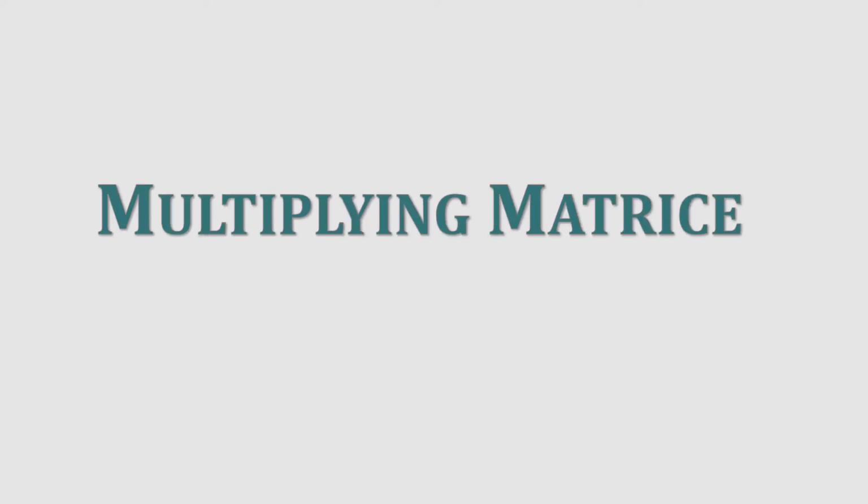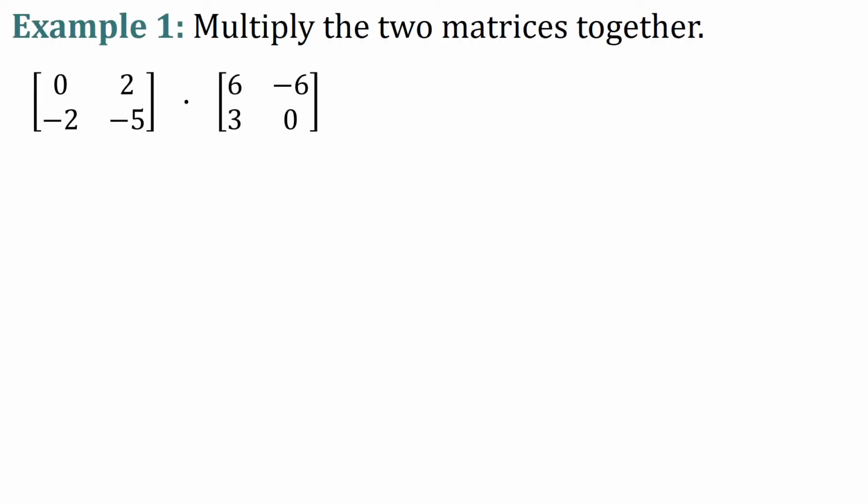Hello. In this video, we're going to learn how to multiply matrices together. To begin, we're going to jump straight into an example. We have two matrices: 0, 2, -2, -5 in the first matrix, and in the second matrix is 6, -6, 3, and 0. Now, previously you've learned that adding and subtracting matrices requires you to add or subtract the corresponding